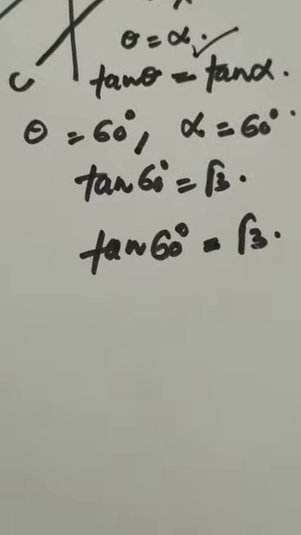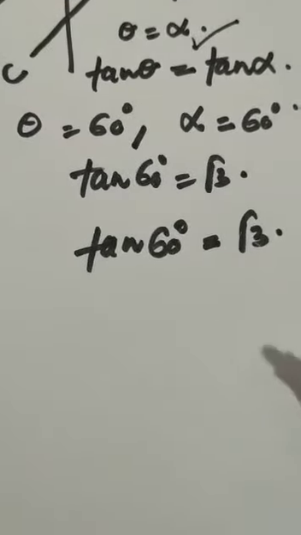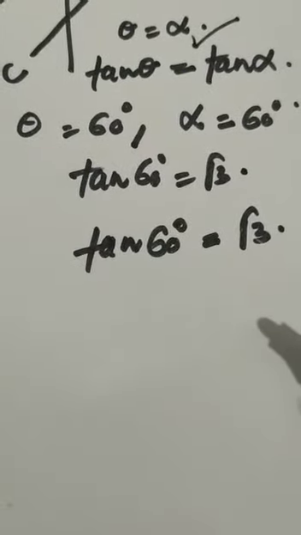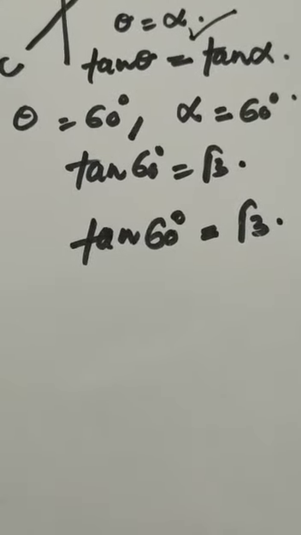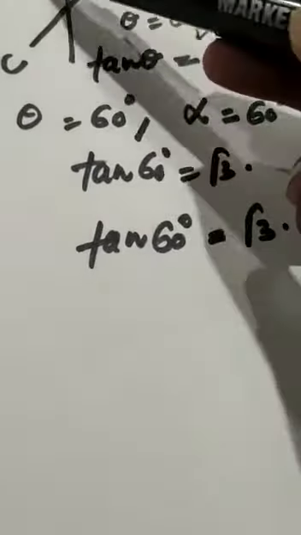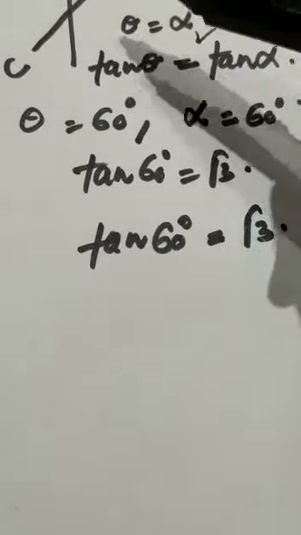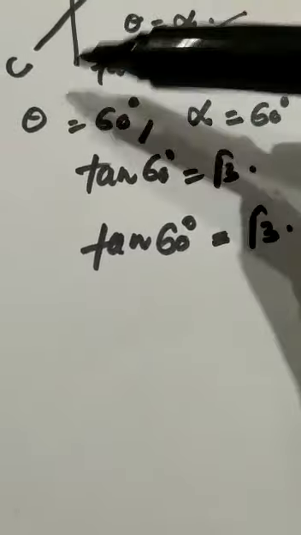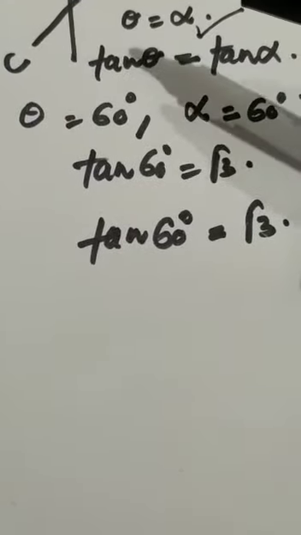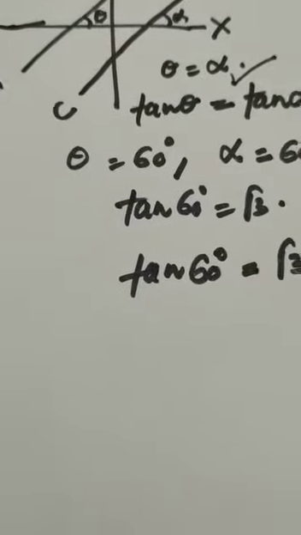If we do the converse, converse means opposite. Suppose you have given that slopes of two lines are equal, then we can say that lines are parallel to each other, right? I'm going to repeat it again. If two lines are parallel to each other, it means their slopes are equal, and if we have given that slopes are equal, it means lines are parallel to each other, right?